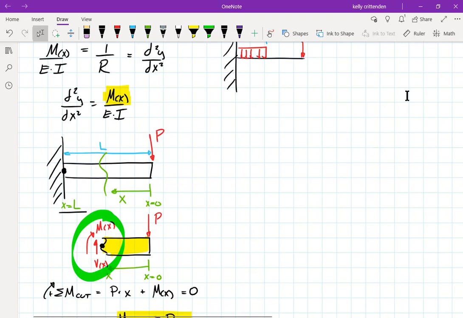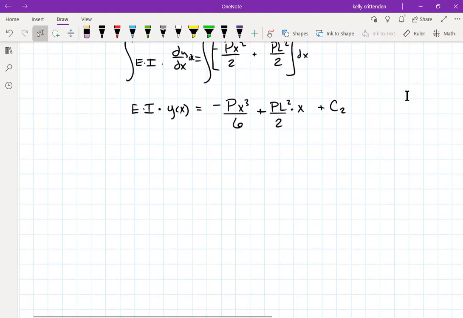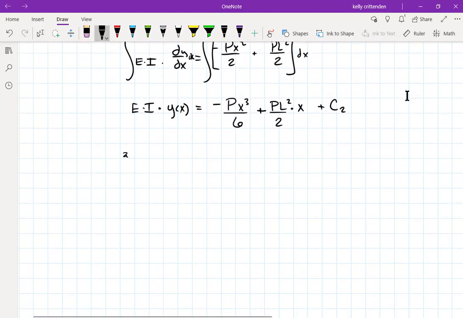But at x equals L, it shouldn't have any deflection. There should be y of x equals 0 at the wall, so that it's not deflected up or down. We're assuming it's perfectly attached to the wall, and it doesn't have a way to move there. The other end, x equals 0, the way I drew it, is the one that's going to have the maximum deflection. So I can do a similar thing where I say that, well, I know that at the wall,